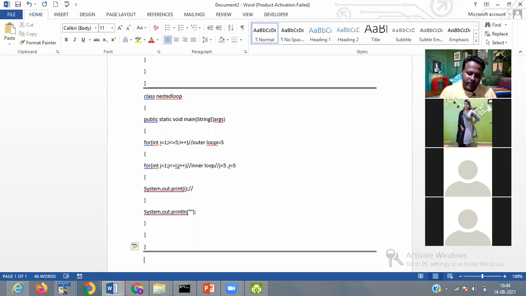Take two numbers from user and show the multiplication table between them.